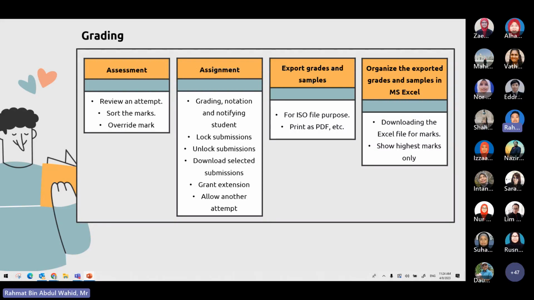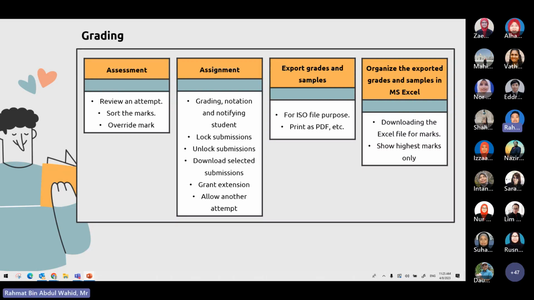For assessment, it is not that difficult because of its quiz nature, meaning that normally we don't have to do marking because we've set the question with its answer as well. For example, we have multiple choice questions and true false questions. Things that we need to mark are, for example, short essay questions or full long essay questions. So that requires us to grade